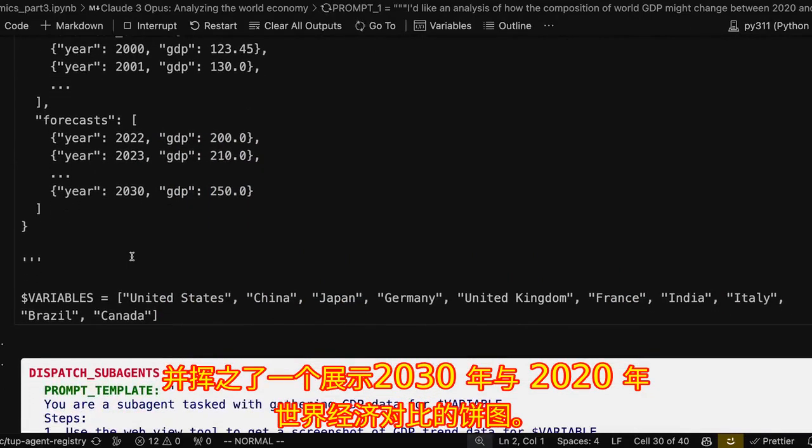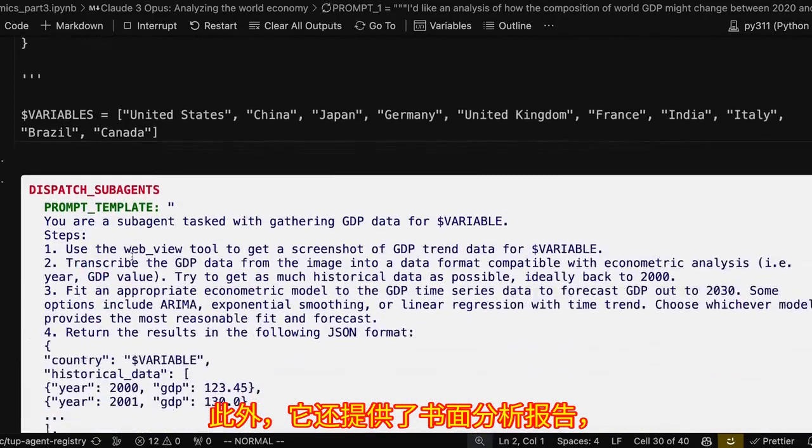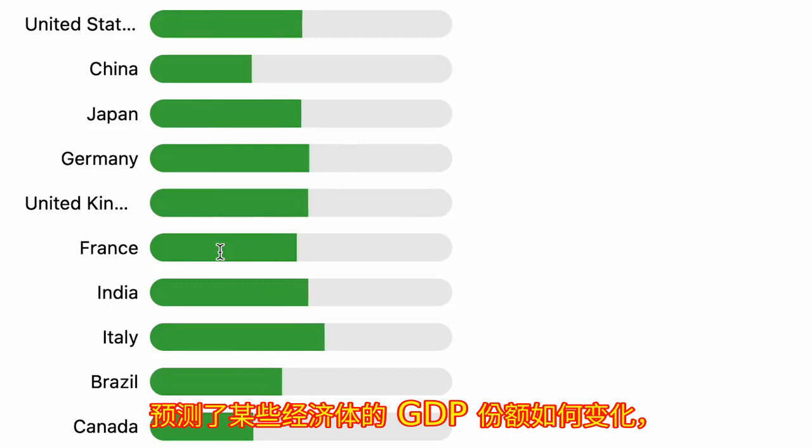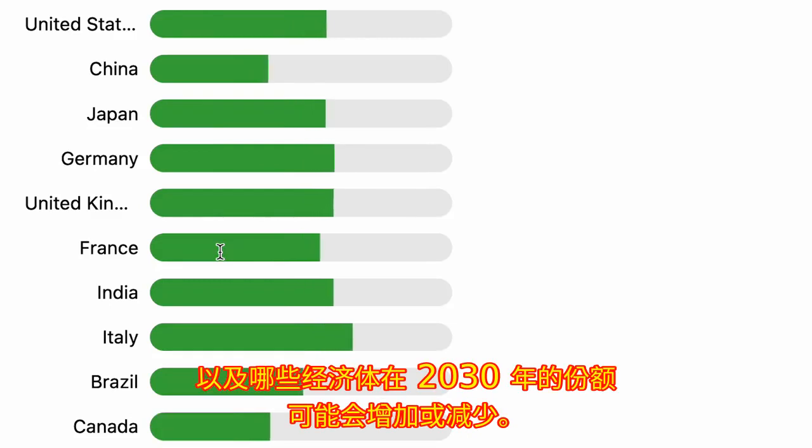very precise instructions that it wants the other models to follow, including a format for the data that it's hoping to return. It's dispatched a version of this prompt to one model that's going to look at the US, one for China, one for Germany, Japan, and so on. We can see in